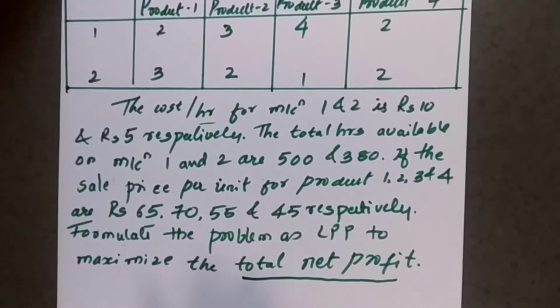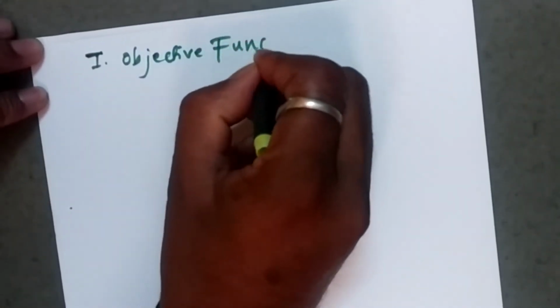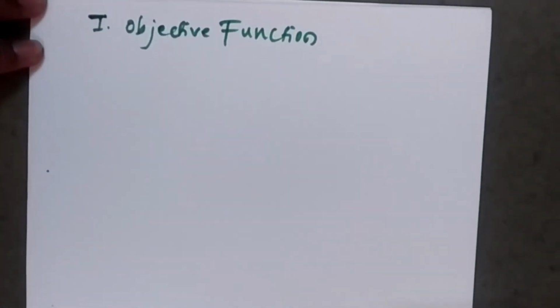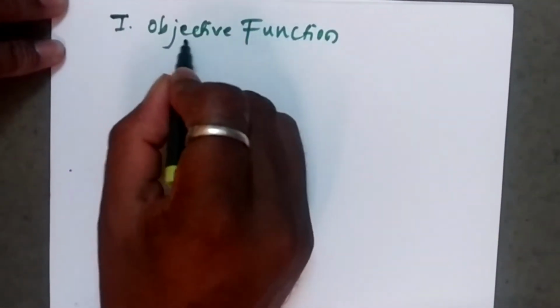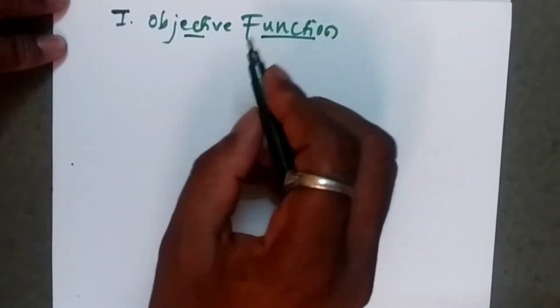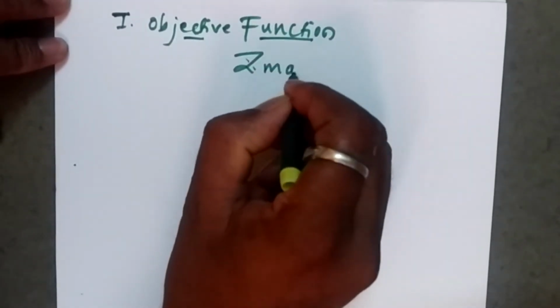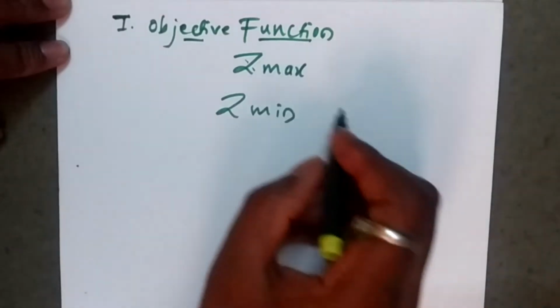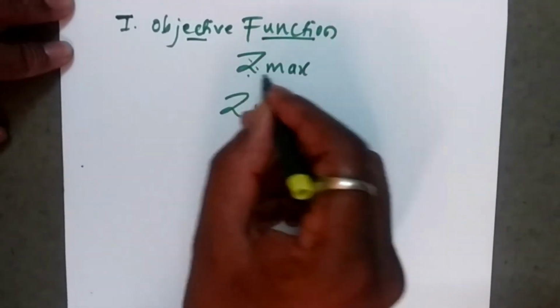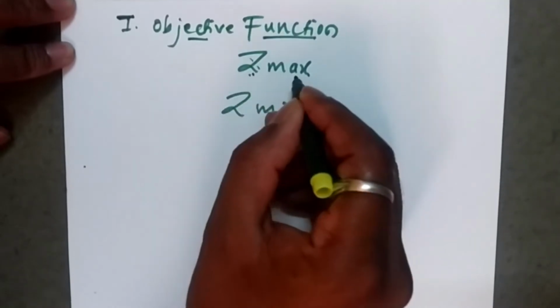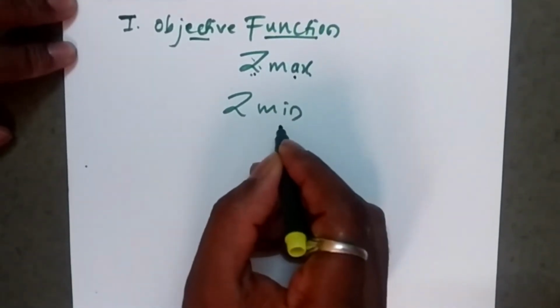So when I start solving this problem, first you should take care of the basics. The first basic thing is that we should define our objective function. First we should define what our objective function is in the problem. So what is the meaning of objective function? We have 2 types of objective function. One we call Z max, and one more is Z minimum. What is the meaning of Z max and Z minimum? Z max stands for maximize the profit. Z max, maximize the function. One more we have, minimize.